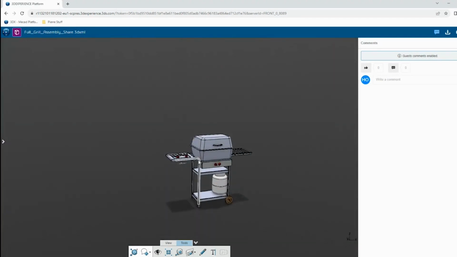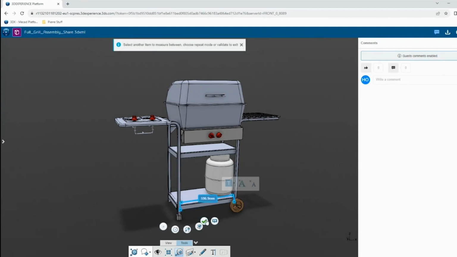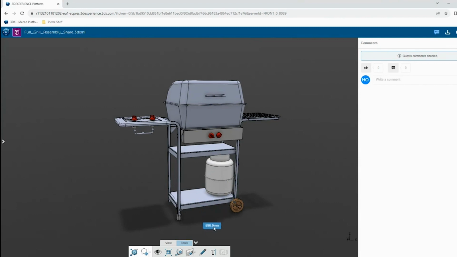Yeah, but let's just keep it as it is, like this. And let's start using the measure tool. The measure tool I can basically use to grab measurements. And as you can see over there, I got a nice distance. And if I want, I can even add a markup over here saying,